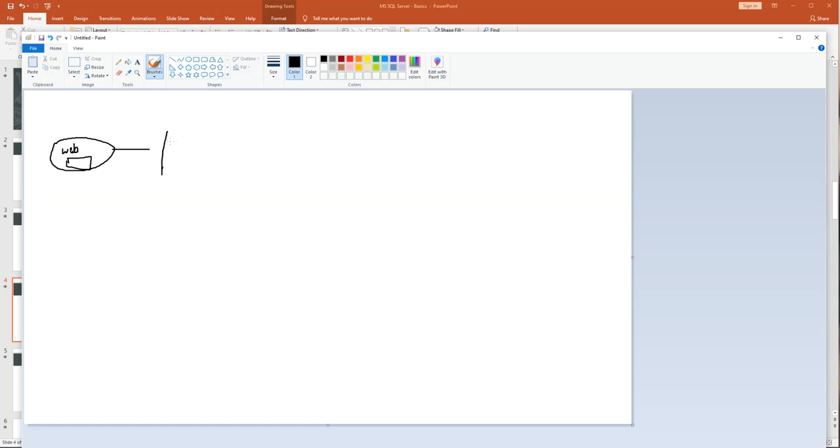This acts as a middle layer, and this one is the database management studio. We write the SQL queries to retrieve that. This is a server. This is a client.